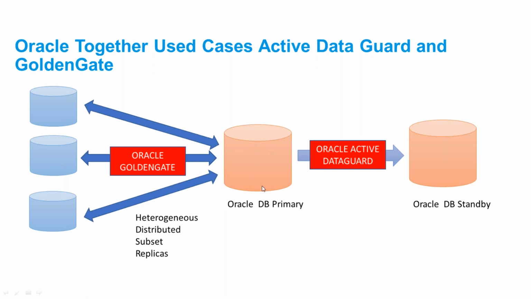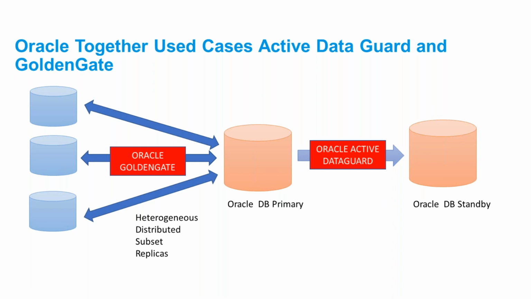So what we did was, I set up Oracle Golden Gate for them, replicating the data from MySQL database to Oracle database, SQL Server to Oracle database, Oracle to Oracle. That is heterogeneous distributed subset replication I did using Oracle Golden Gate, because Data Guard cannot support this. So I built that for them, and then because we had to create a disaster recovery site for this, using Data Guard, a standby database was created.